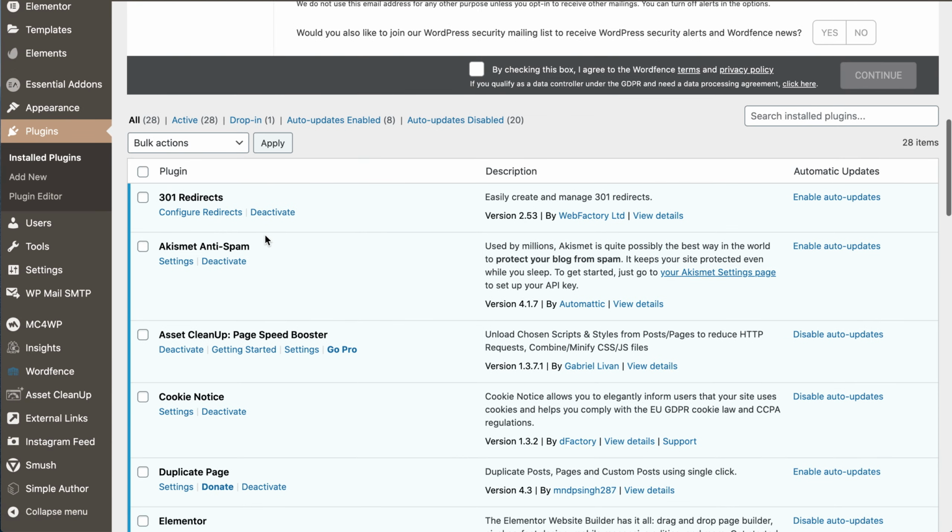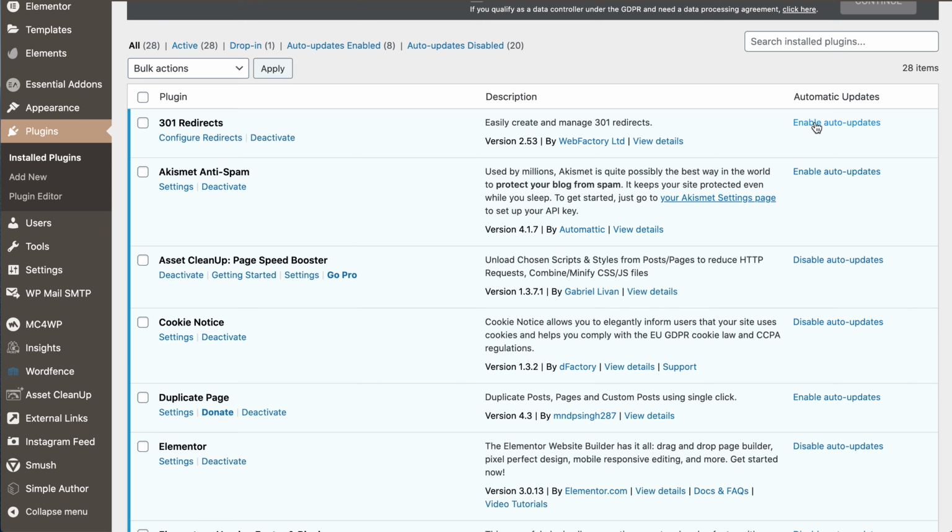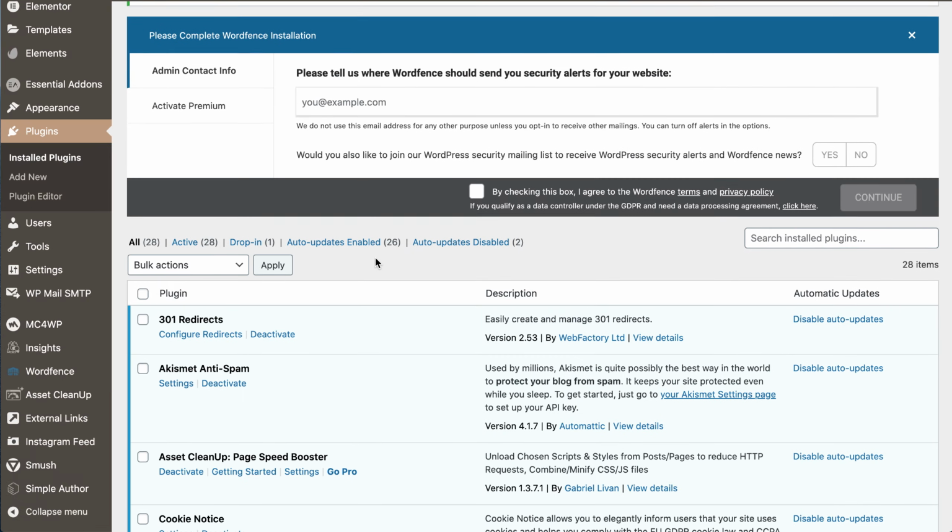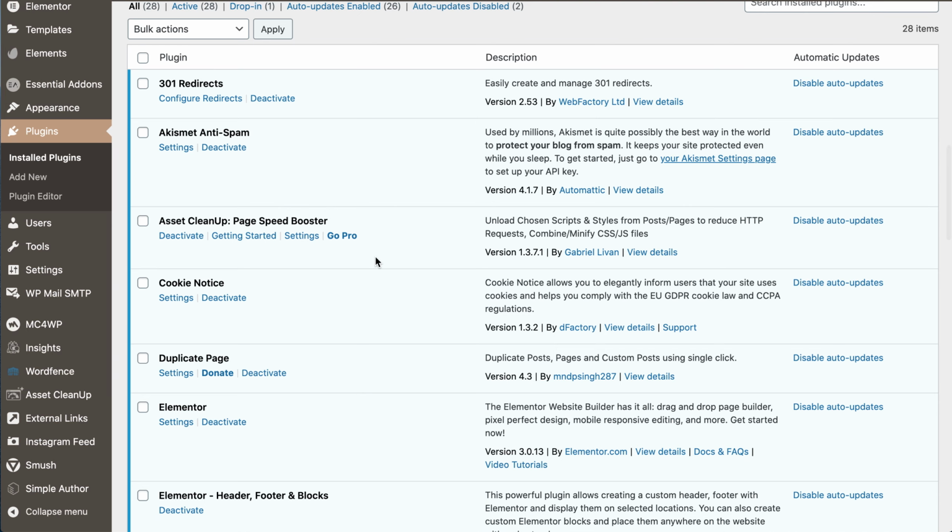And with the new update of WordPress, you can enable auto updates. What a quick way of doing this: if you check this box, you can enable auto updates for all of the plugins quickly and easily this way,